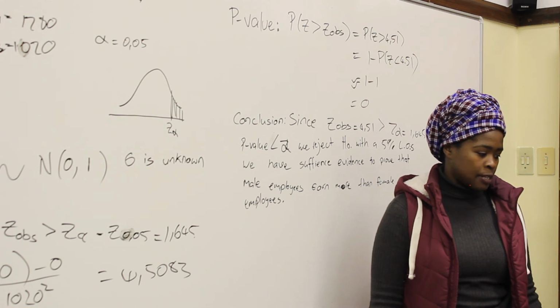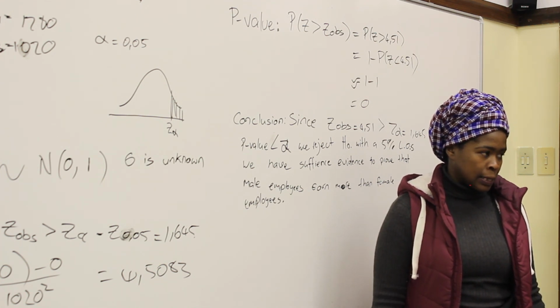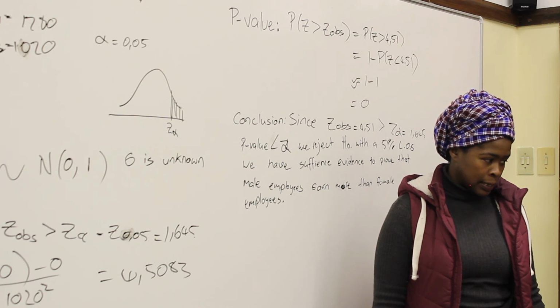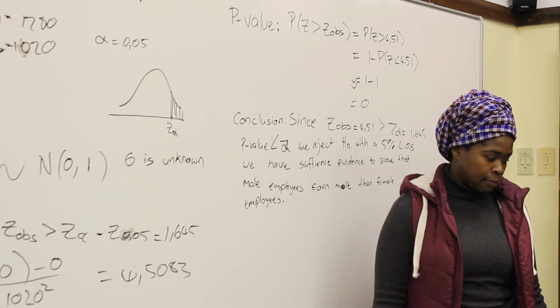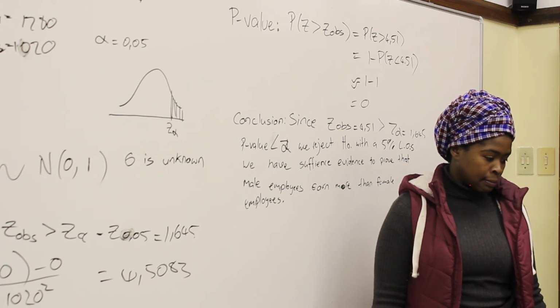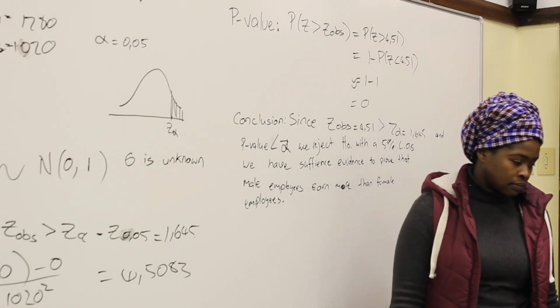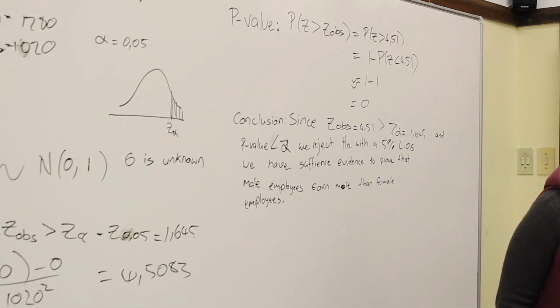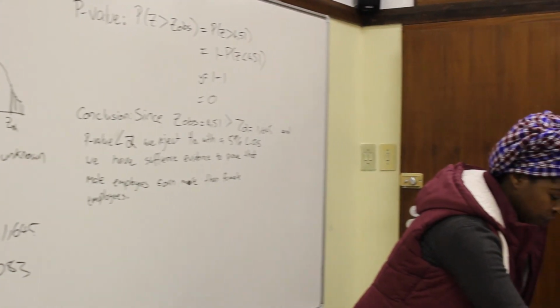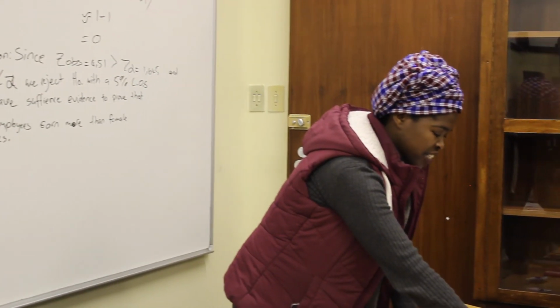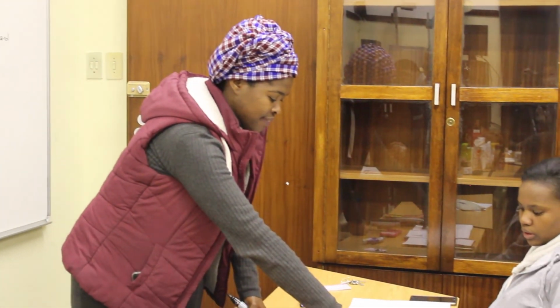What's the definition of the p-value? It's the smallest value of alpha for which H0 can be rejected, on page 120. Okay? And then they say to calculate the p-value, we can calculate the probability of rejecting H0 given that H0 is